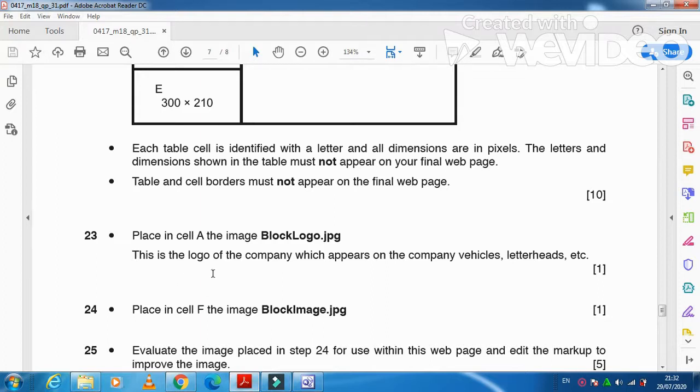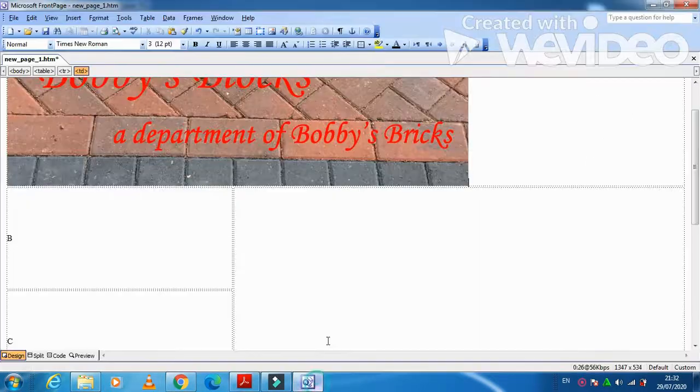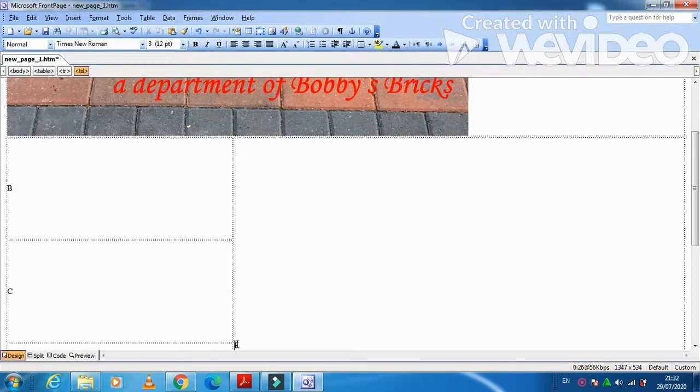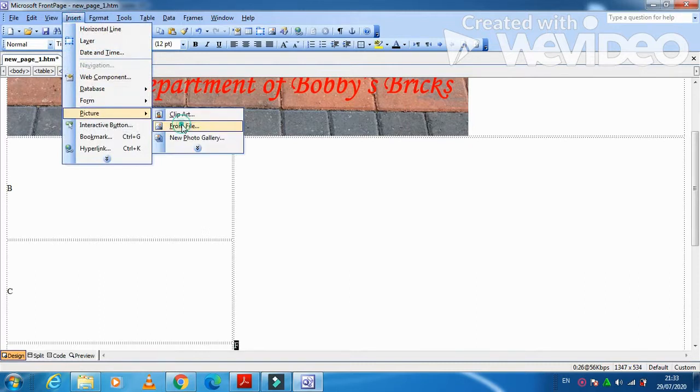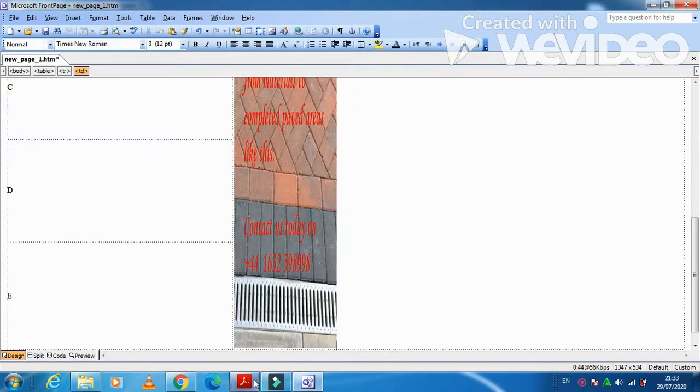This is the logo of the company which appears on the company vehicle letterhead. Then place in cell F the image block image. So in cell F, insert picture from file and then block image, that is inserted.